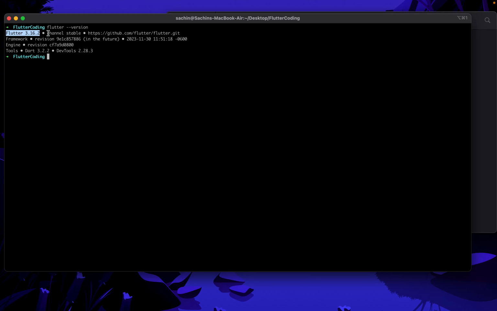3.16.2, and this is a stable channel. Of course, it's a stable release, and we also have Dart SDK installed. So when we install Flutter SDK, Dart SDK comes along because we write code using Dart for Flutter, right? So we have Flutter 3.16.2 and Dart 3.2.2. We can also check with the help of dart version, I think, and it will show us the Dart SDK